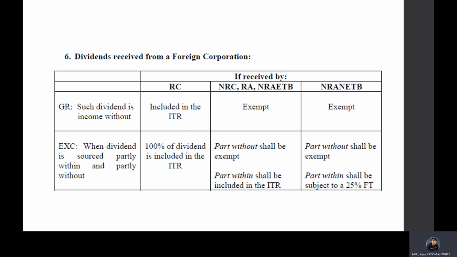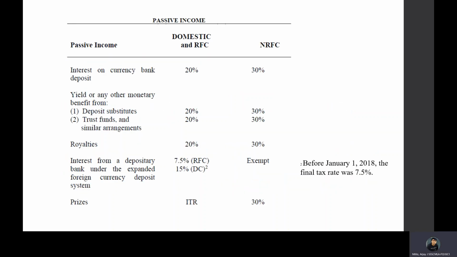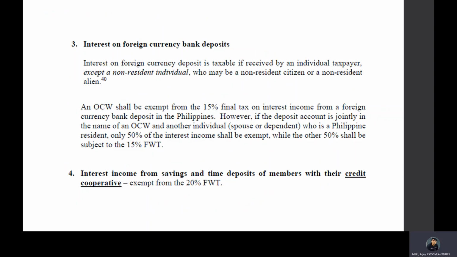General rule, if a dividend received from a foreign corporation, included kay ITR for RC. No, if partly within and without, then dun lang magkakaroon ng changes. Kung ano lang yung within, yun lang yung masasubject sa income tax report sa ITR. If NRNTB ka, automatic subject siya sa 25% final withholding tax. So yeah. Next slide. So ito naman yung passive income for yung mga unang diniscuss natin, yung 1 to 6,